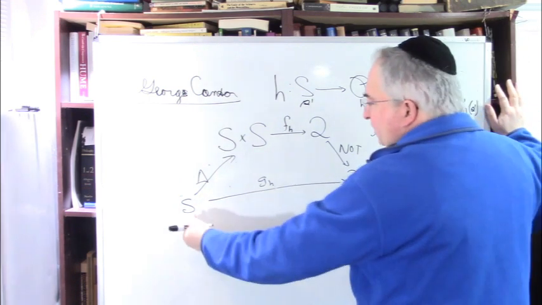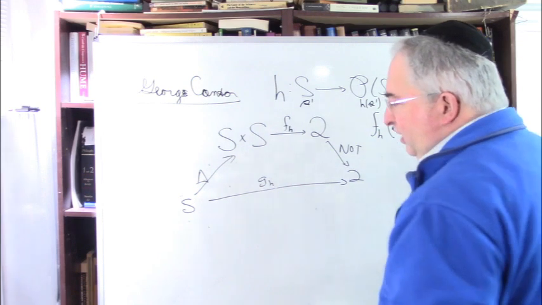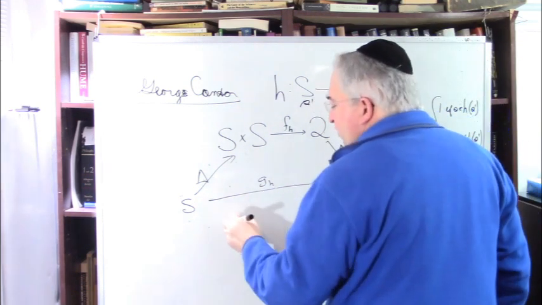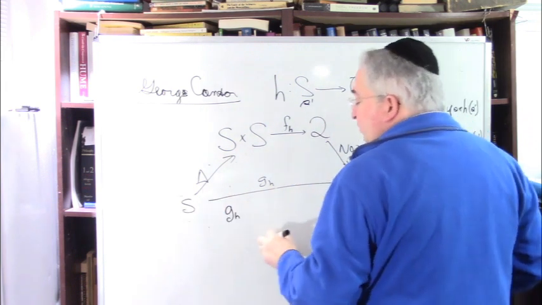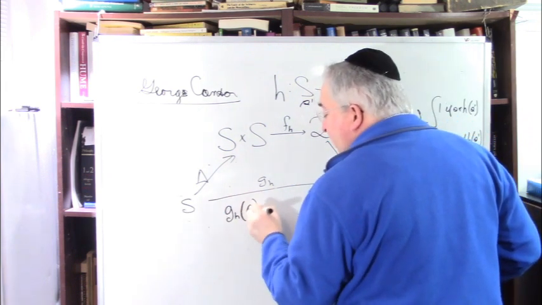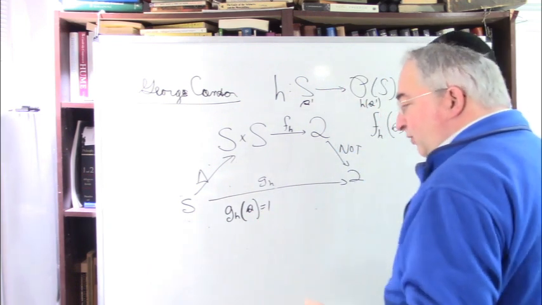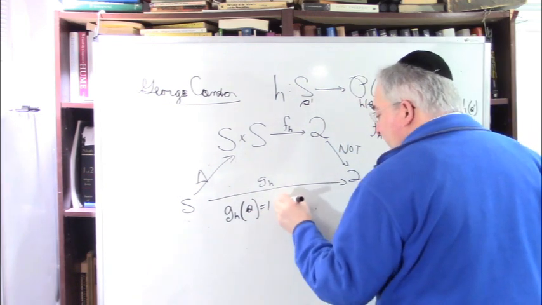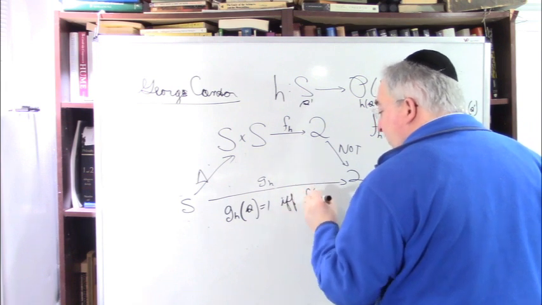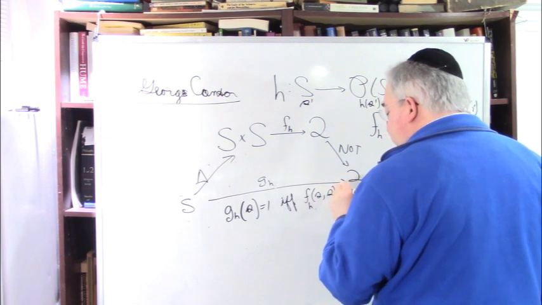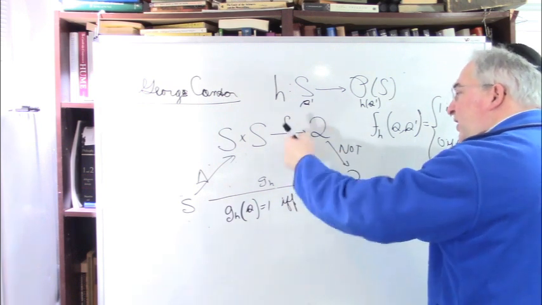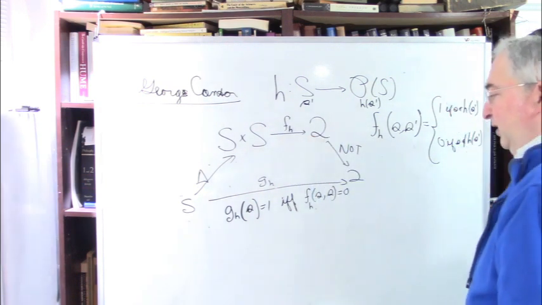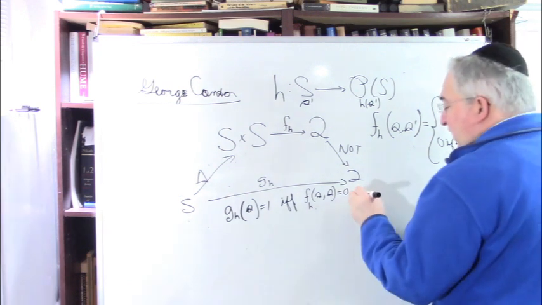Great. Now let's look at what we've always been doing for the past 2 hours. Ready? So we ask, what does g of h characterize? It's a characteristic function. So g of h of little s is equal to 1. When is that true? And the answer is, if and only if, f of little h of s comma s is equal to 0, because that's what the not does. So if this goes to 1, this must have gone to 0, and we go with that. What does that correspond to? If and only if,